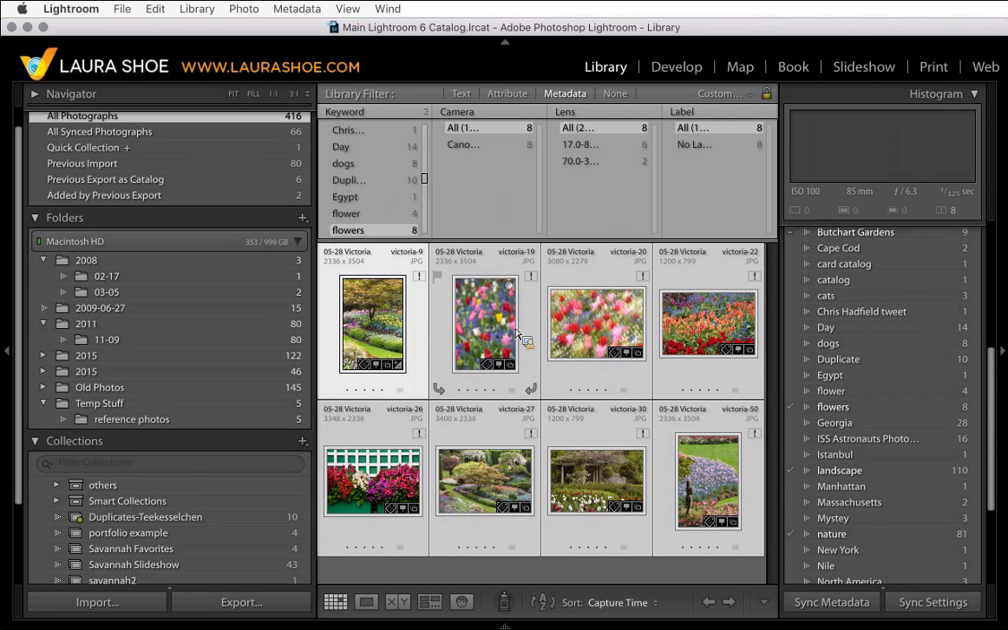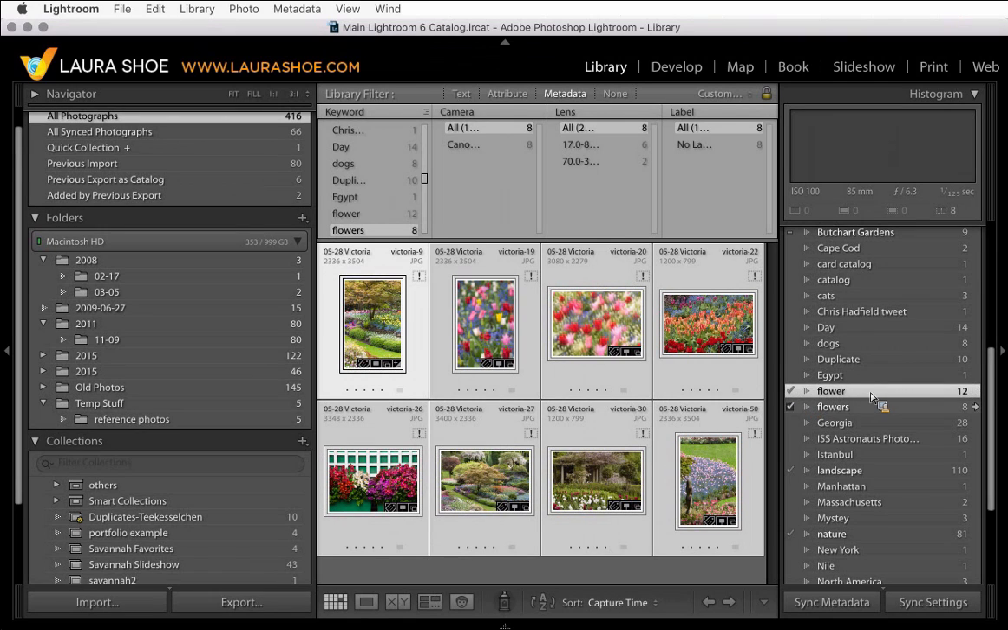Or you can go up to Edit, Select All. Now that they're selected, I'm going to give these photos the flower keyword. I did that by clicking on this box. That put a check mark next to flower. Once I've done that, and that's important to do first, give it the proper, correct keyword,